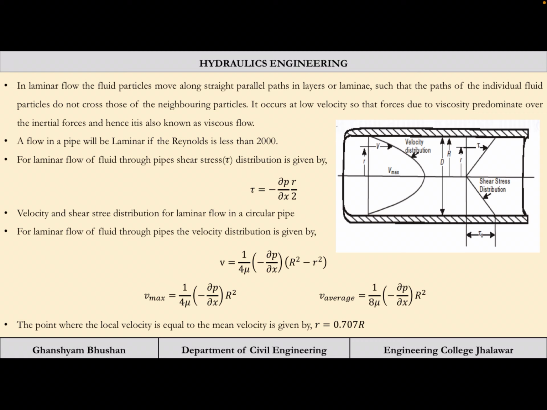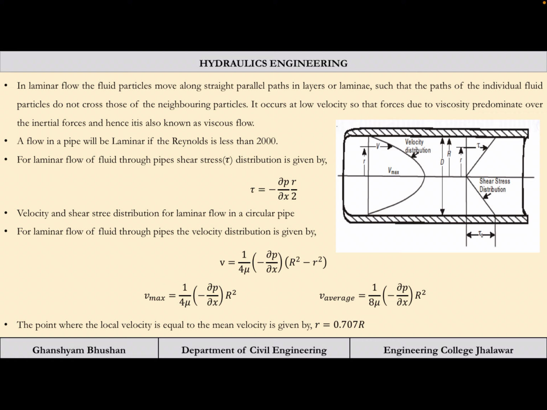For closed pipes, if the Reynolds number is less than 2000, we can say that the flow is laminar. But if the Reynolds number is 1900, it does not mean that it cannot be a turbulent flow. It can be turbulent even if the Reynolds number is less than 2000. So 2000 is a general value, not an exact value. The moment we cross 2000.01, the flow does not immediately become turbulent. No, it is nothing like that.